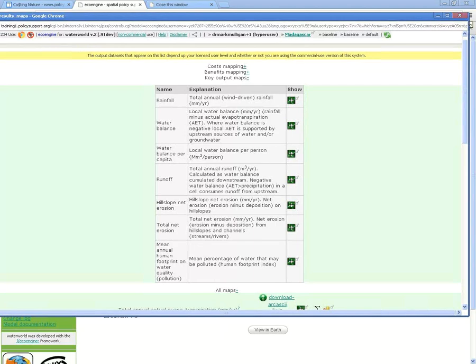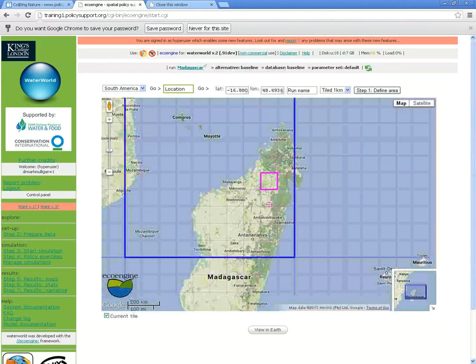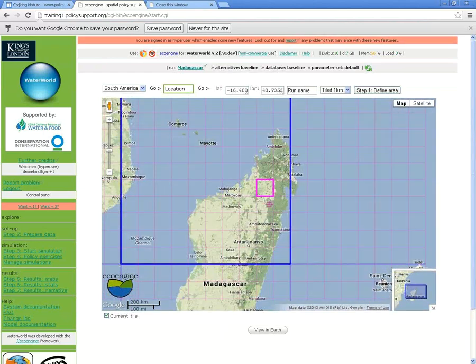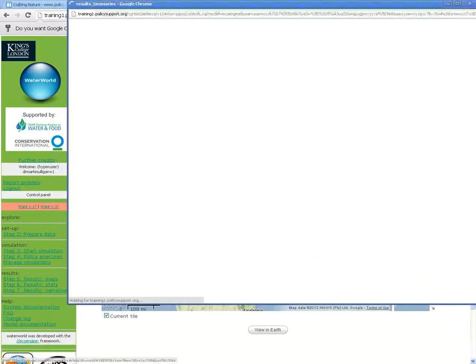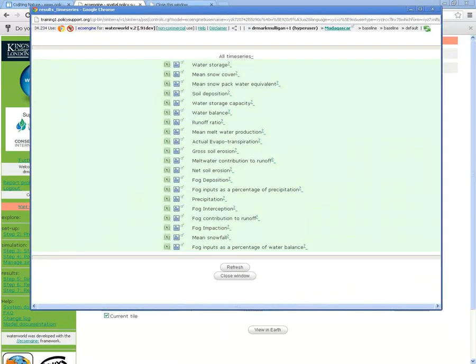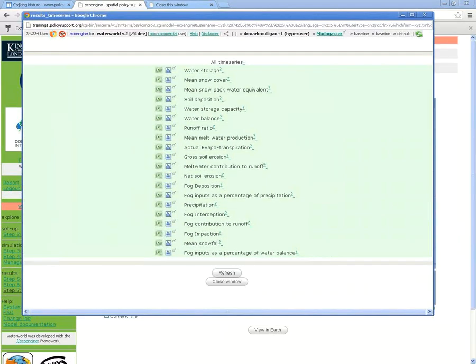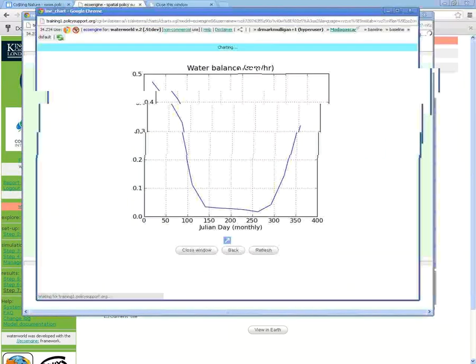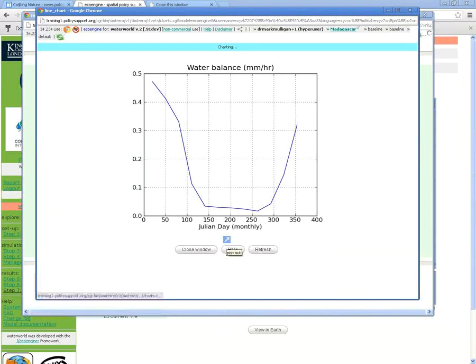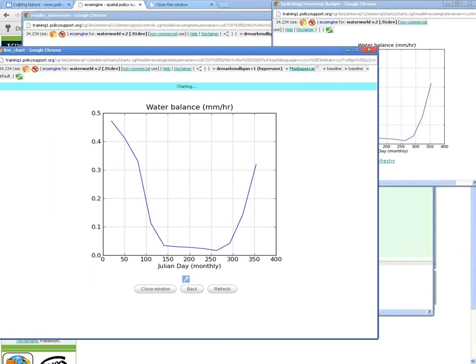The only thing left to do, I'm going to show you how to do some of these policy exercises, because we have more of those in Waterworld. So we've now run the baseline. I think I haven't shown you the results, step 6 and 7 though, so let's do that quickly first. So if you remember from the presentation, step 6 is the time series maps. So we can look at water balance, for instance, over time, and you can pop those out, close this, and